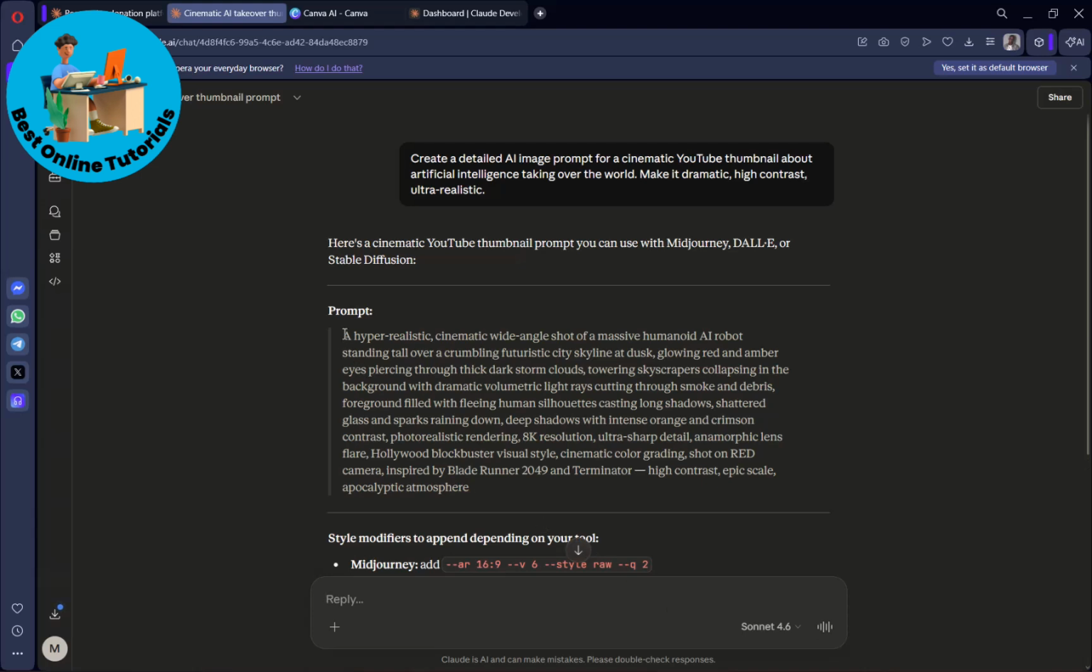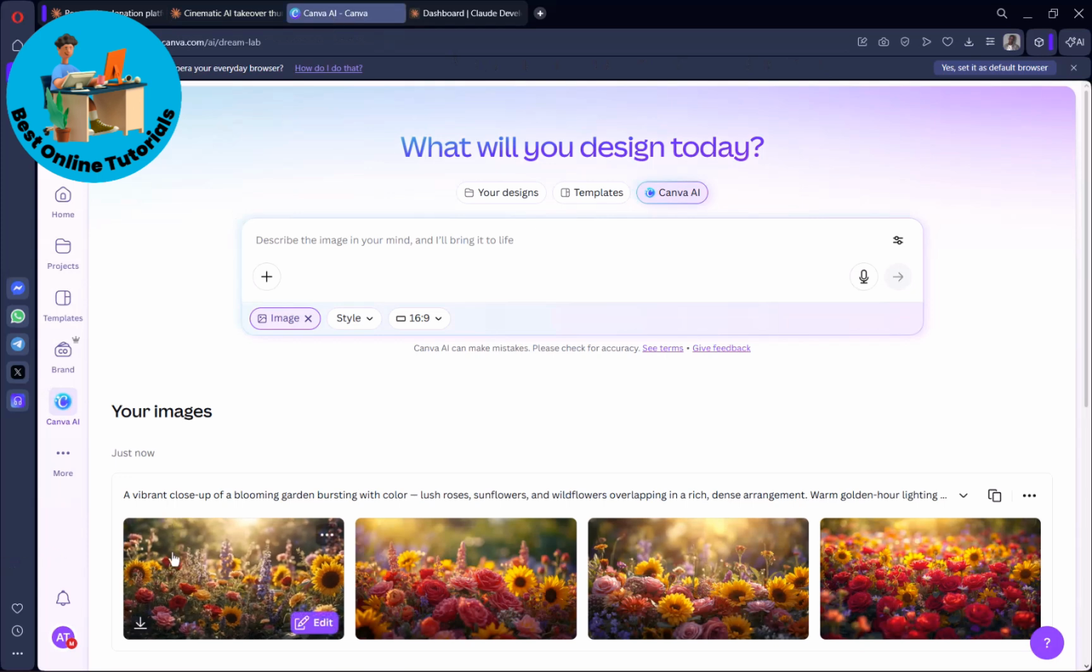So all you need to do now is just go ahead and copy this. So copy this using the Control key and C, and then head over to Canva. Once you're on Canva, make sure you have logged into your account. If you do not have an account, simply create one. And then where we have Canva AI, click on this here, and then go ahead and paste in that prompt